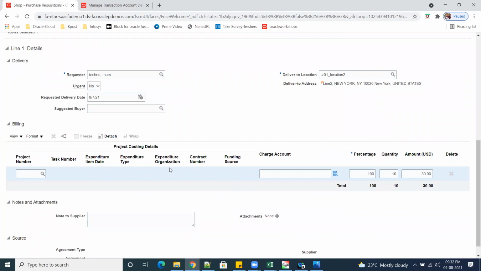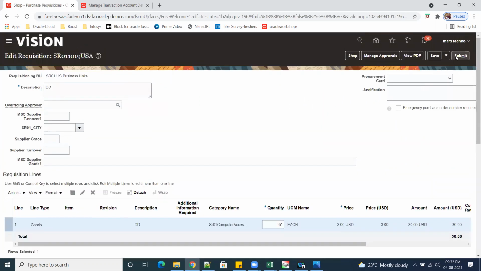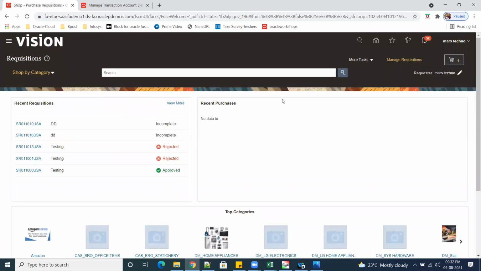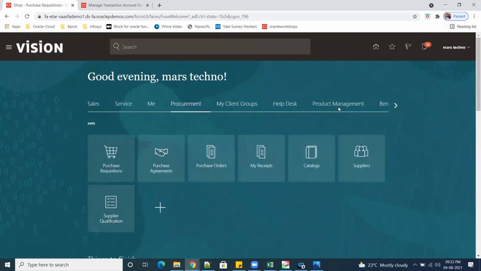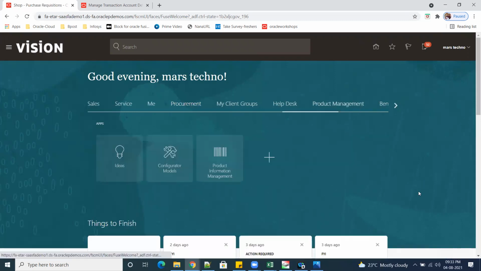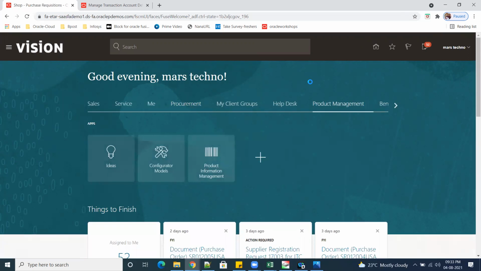Let us see anything else came or not. So this, see, for non-catalog, I think that is not a process, but let me try for item. Okay, so item means we take some item, go to product management, product information management.